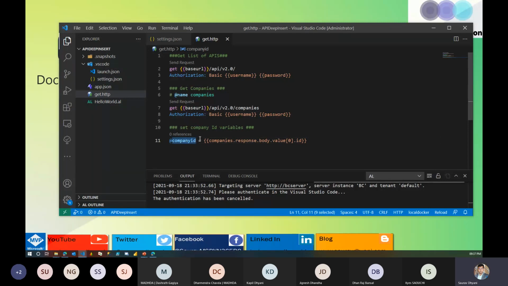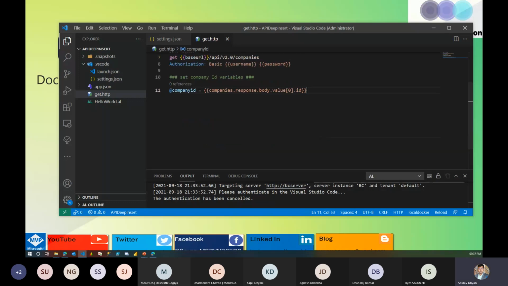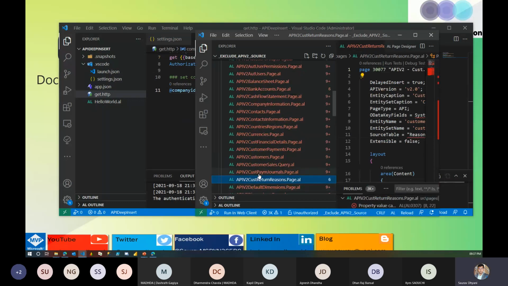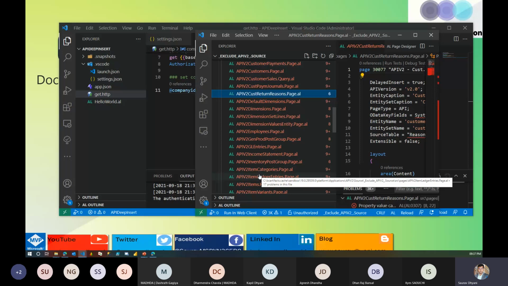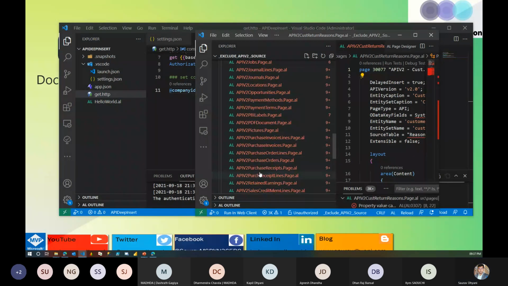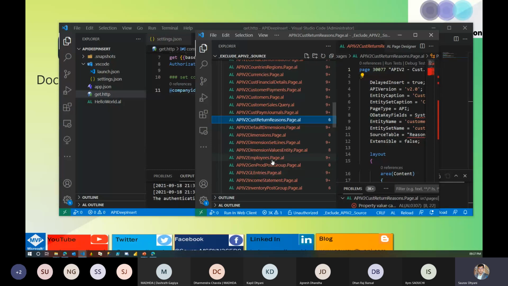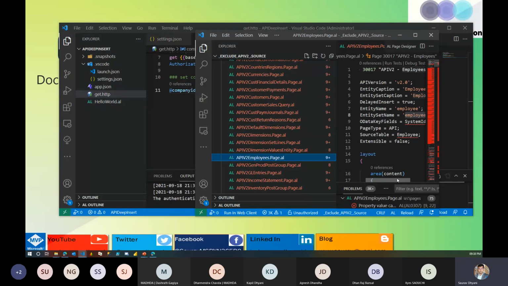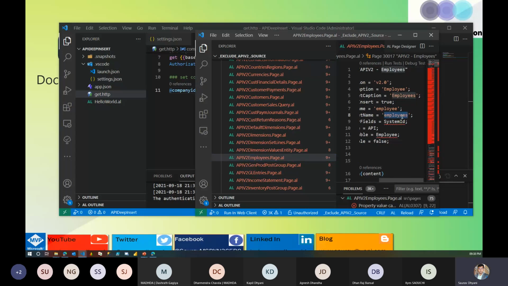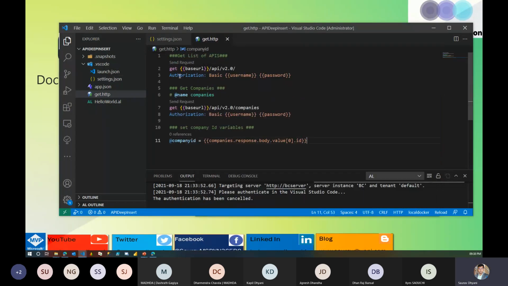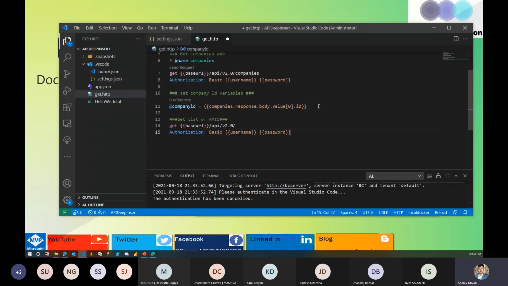So now let's assume that if I want to get, let's pick one of the APIs which is here. Let's keep it simple. If I have to pick, let's say, currencies, dimension, okay, let's do employees. So I just need the entity set name, which is employees, to pick this, and I can just copy paste this part here, and I'll tweak it. So if I have to get list of employees,